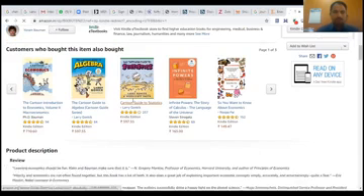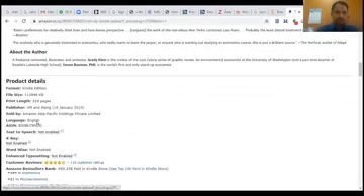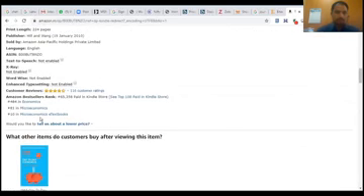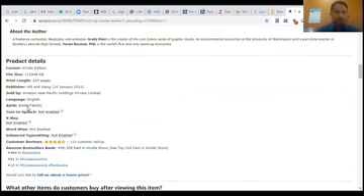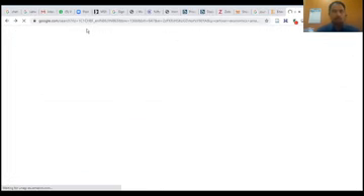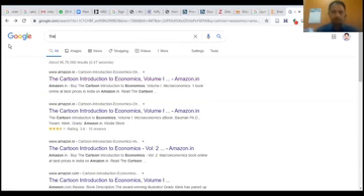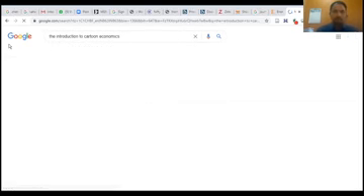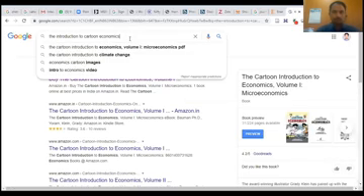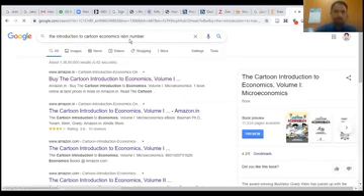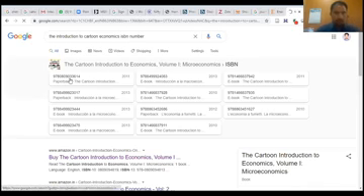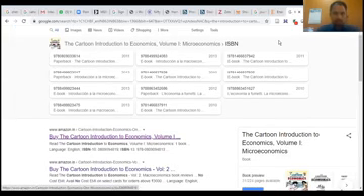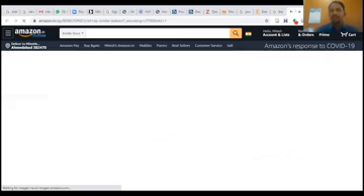Now you can see here the ISBN number is there. ISBN is not available. Let me go to... now.